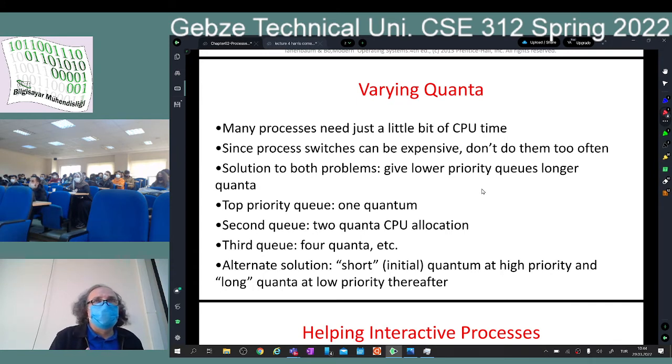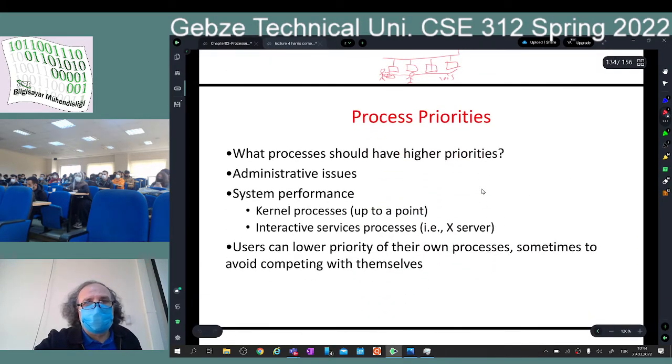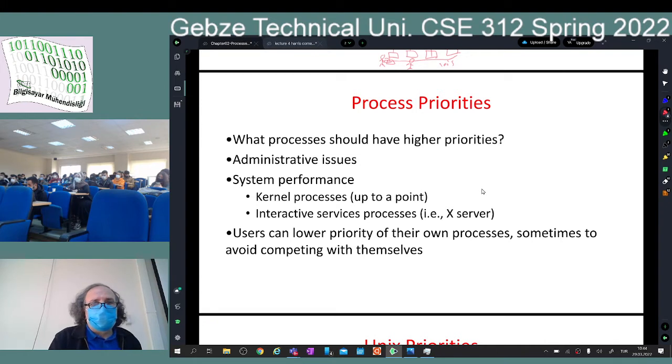So what did we do? For each process now, I have the priority and the quantum time. And priority and quantum time are kind of tied to each other. Lower the priority, longer the quantum time. Okay, so we talked about these, and another question is how do I assign my priorities? I mean, at the beginning I wouldn't know which processes are interactive processes, which processes are not interactive processes. You should not trust the application itself.